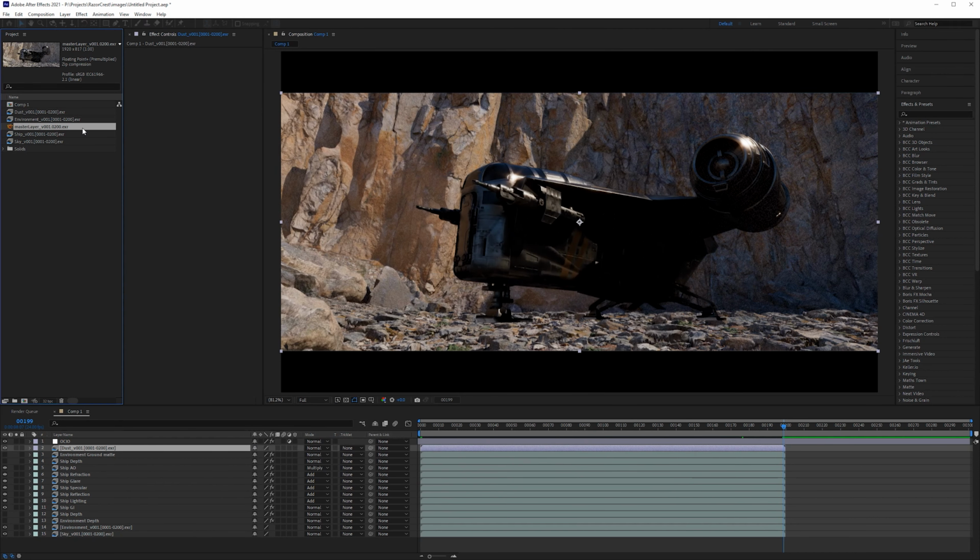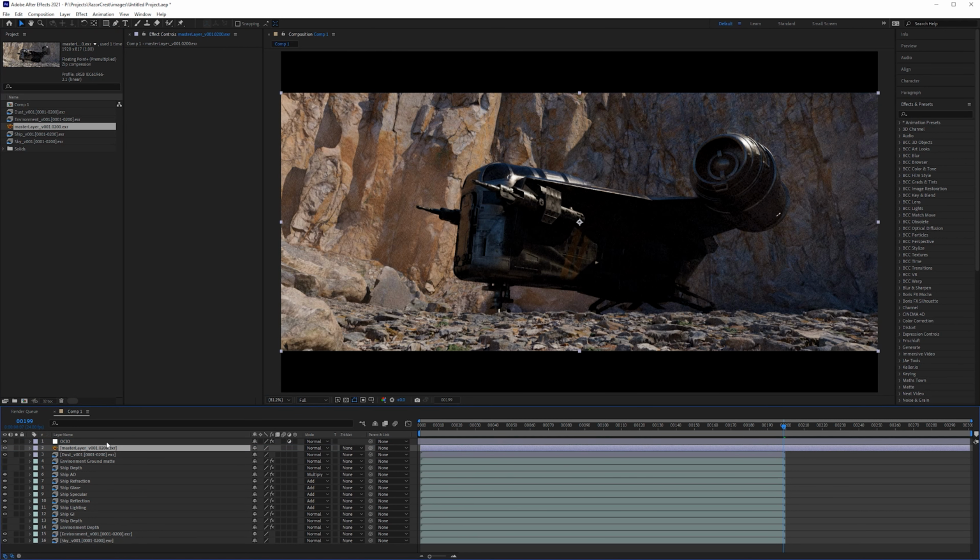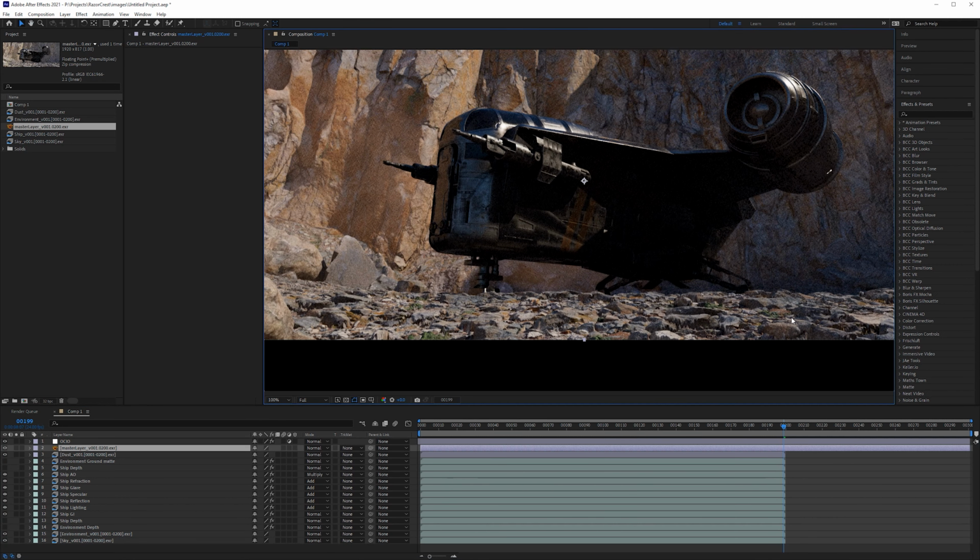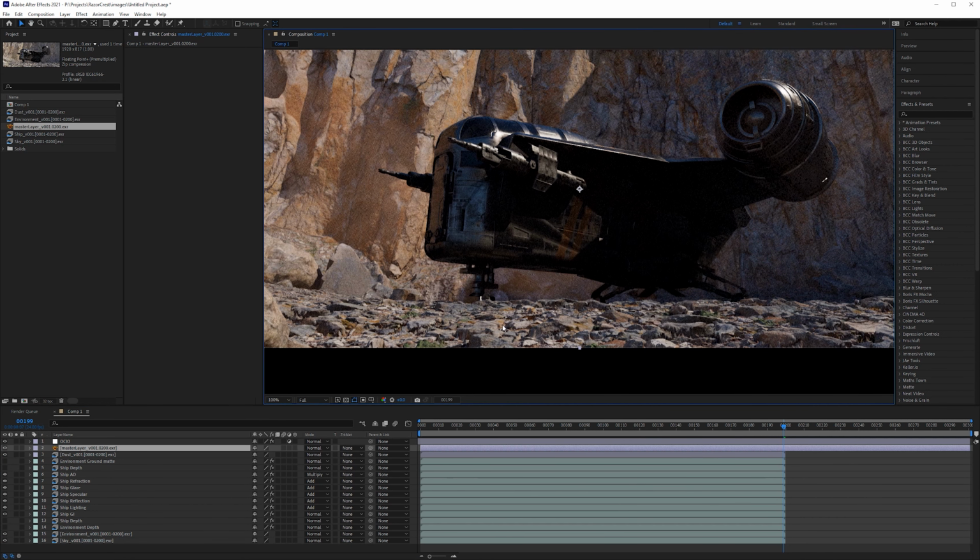Master layer, load in the master layer, and I'll just drag this underneath the OCIO, save there. So there's going to be a few things that are different with the master. The first thing is, and this is a pretty big deal that I need to talk about, and we kind of talked about this last time, but the ground here blocks where the landing gear shows up in the master layer, but in our version, we didn't actually include the ground in the ship render layer, so we have to do that in a different way.